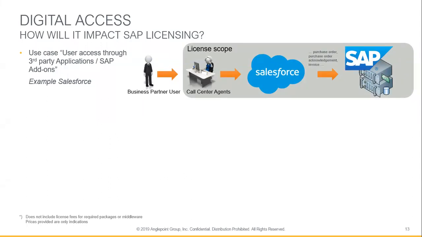And whenever they wanted to place an order or check on the delivery or on the invoices, what have you, they were able to call a call center and ask, I want to place an order, or I want to check the delivery status on some of the goods that I have ordered. The call center agents themselves were totally licensed for SAP, and they used Salesforce as some kind of third-party application to manage all those customer relationship management issues.